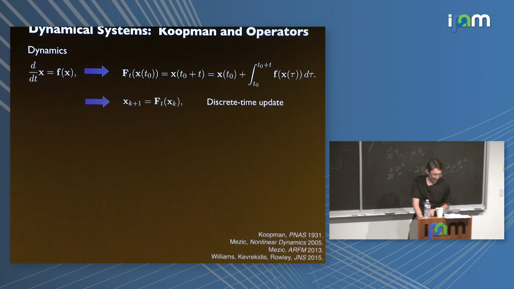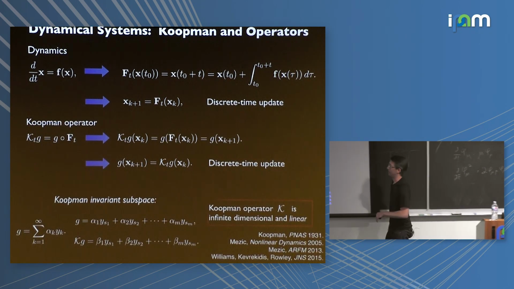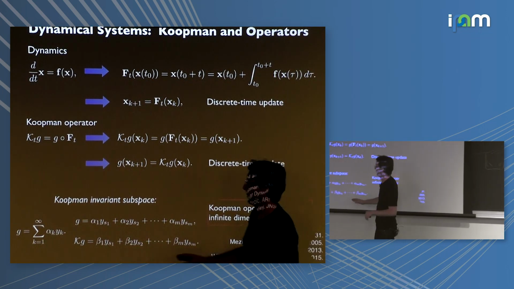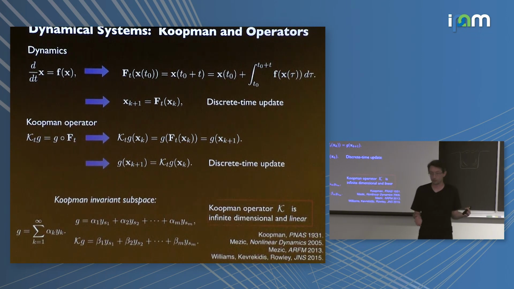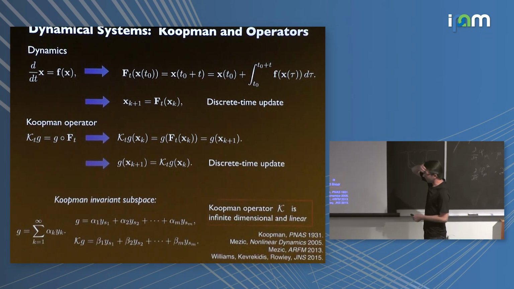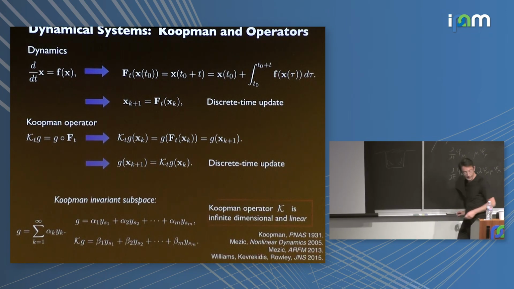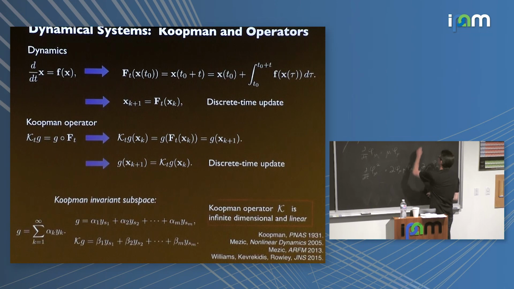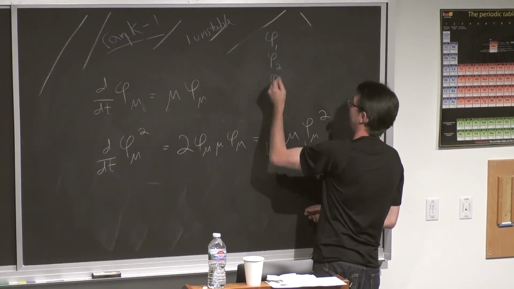So I'm probably going to kind of skip over this. Basically, the point I'm trying to make here is that what you want in practice, I don't like working in infinite dimensions. Makes me tired. My computer certainly doesn't like working in infinite dimensions. And so what you want to do is find a family of eigenfunctions, phi1, phi2, phi3, whatever.